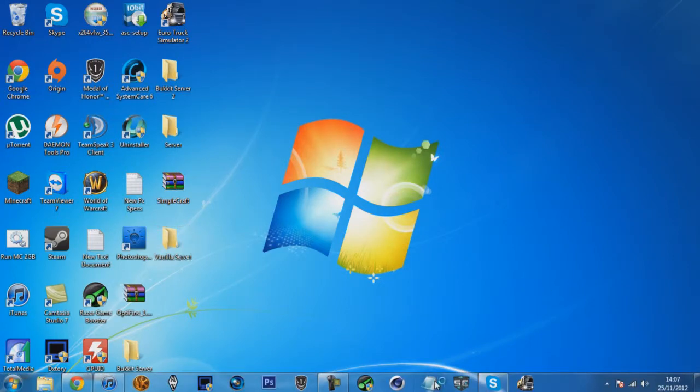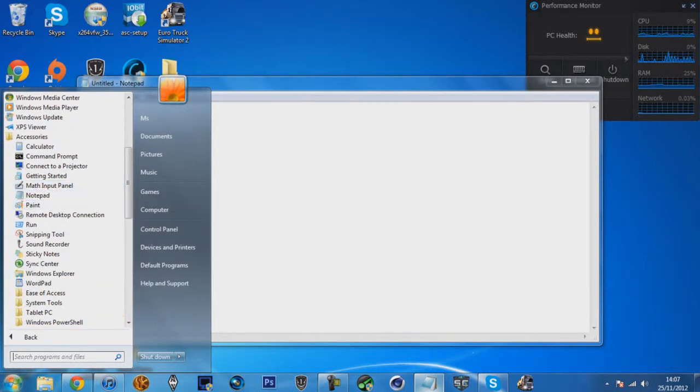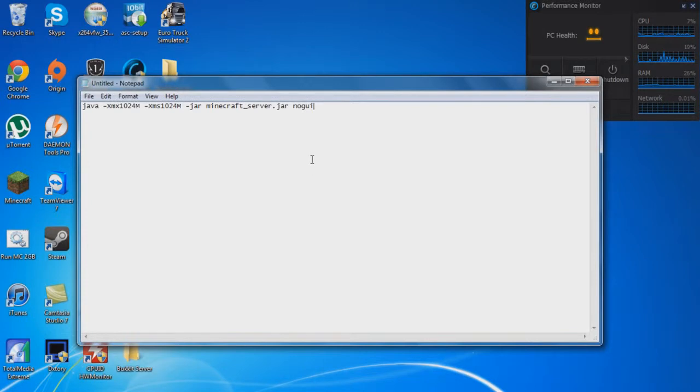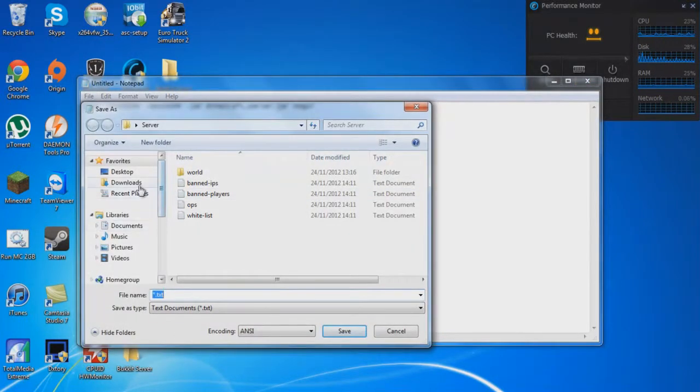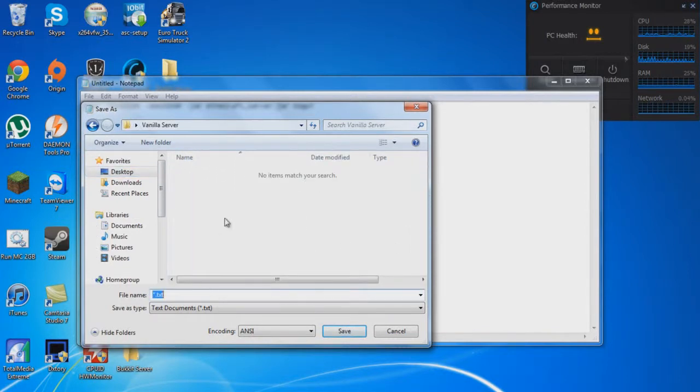Now you want to open up Notepad. In Windows it's just Start, All Programs, and I think it's Accessories. Yeah, Accessories. And paste in the code that you just copied from the internet. Make sure there is no full stop at the end, and it definitely says Minecraft_server.jar. Then go File, Save As, and go to the vanilla server folder that you made, and rename it as Minecraft_server_startup. It doesn't really matter what you name that bit, as long as after you have finished writing it you put .bat